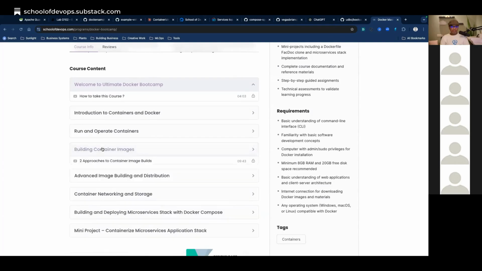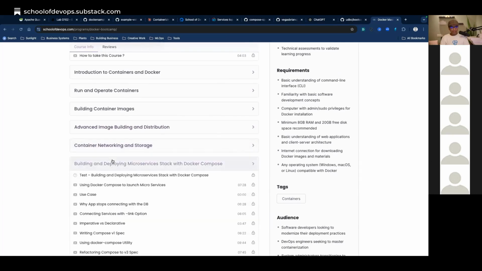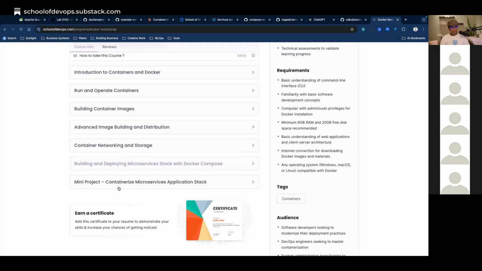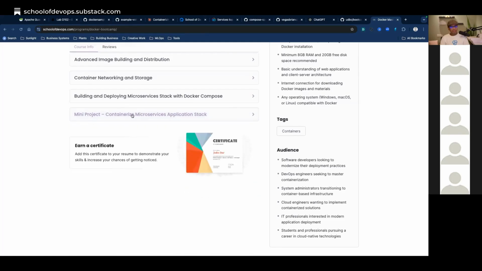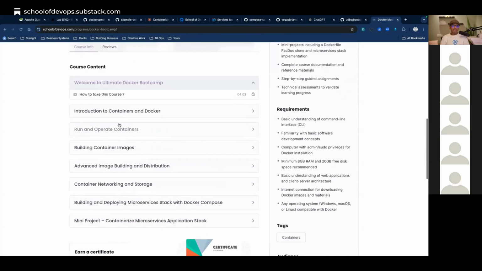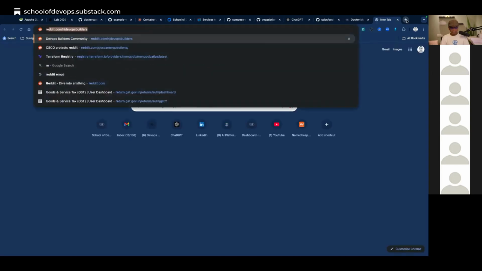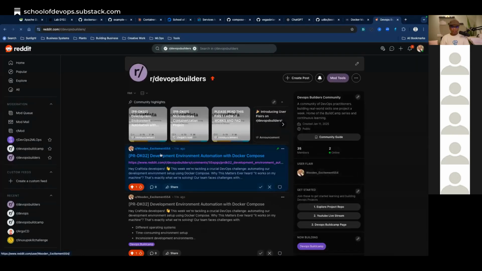Building container images, you should have learned already. So container networking and storage, go through that, and Docker Compose. That's it. And then if you want to do some interesting stuff, you can use this as an application project, right? Mini project. Plus, you can also go through our Reddit community of DevOps builders,